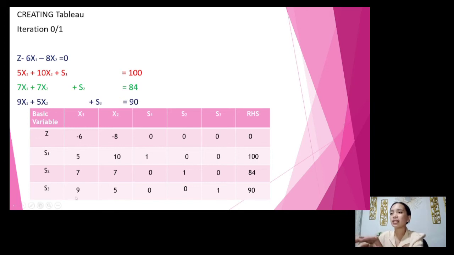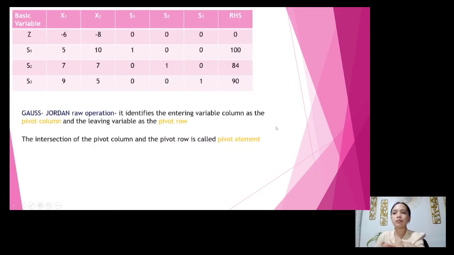So 9, this is 5 for our 5x sub 2. Then 0, 0, and the value of s sub 3, 1, equals 90. So our RHS is this side. Then for our next step, we will be using Gauss-Jordan row operation,